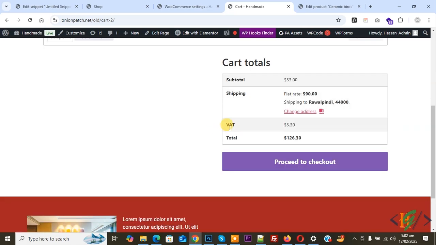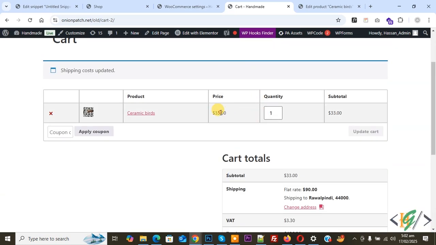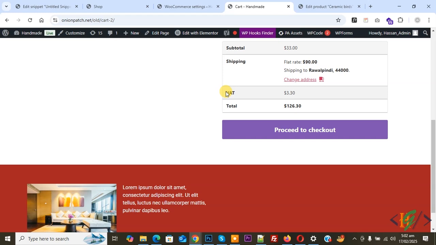And then you see VAT 3.30 10% for this subtotal product. Now you see 33. So VAT display in both cart and checkout page for US customer or user in WooCommerce